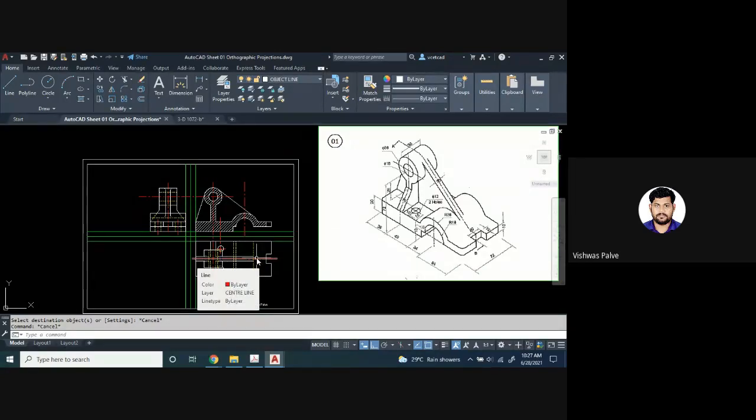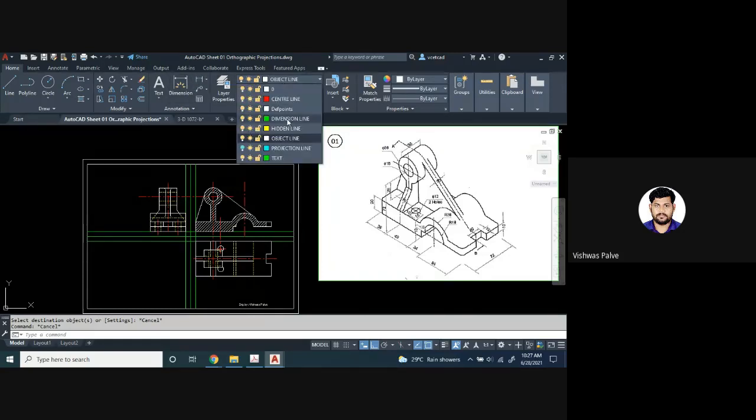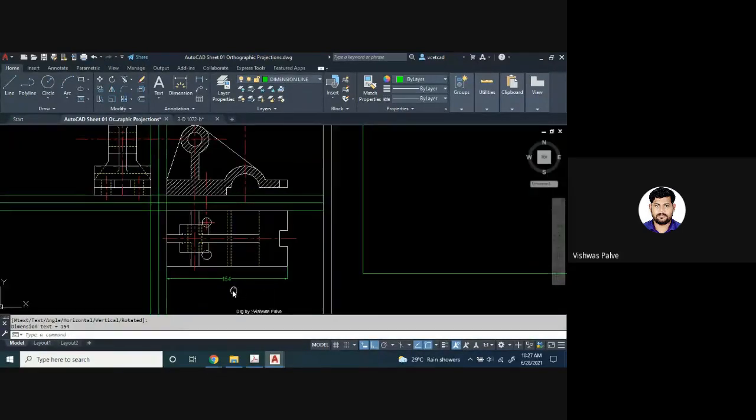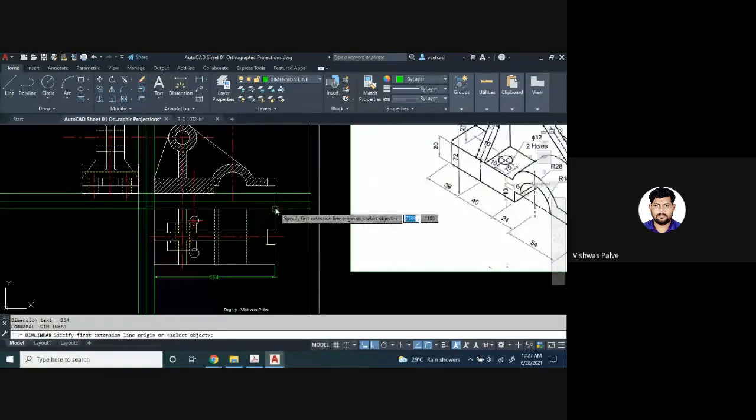But you have to imagine that object when you observe it from behind, right? When you observe it here, what exactly is the hidden lines which will be visible? Dark line, that you have to show it. Maximum possible hidden lines you have to show. Yes, then the last thing which is remaining is the dimensioning. So for dimensioning, you have to select the dimensioning layer, use the dimensioning layer and give the dimensions. Okay, give maximum possible dimensions which are there in the problem.